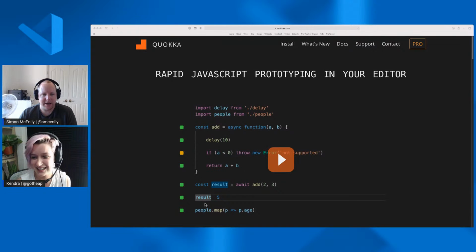It actually started out of our other product. We've got another product called Wallaby.js, and Wallaby came first. Wallaby does a similar thing to Quokka, but it executes in the context of running your JavaScript or TypeScript tests. We were often using Wallaby, and we could see there's a certain amount of setup you need to do in order to run in the context of, say, unit testing with Jest or Mocha or whatever testing framework you're using.